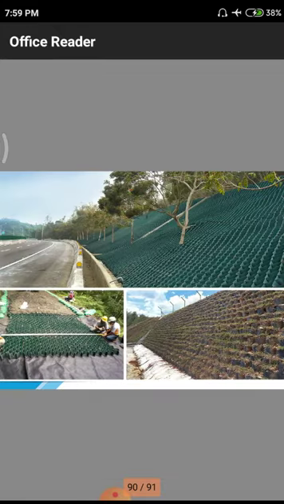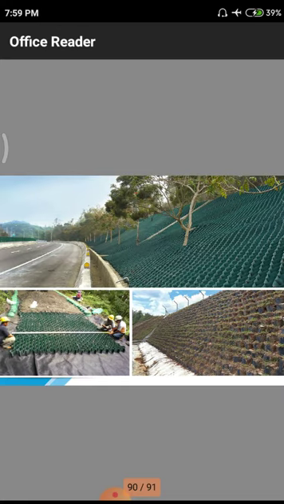These are the different things we use for the purpose of reinforced earth and slope stabilization. In reinforced earth itself, we have some slope stabilization with the help of polythene and galvanized iron and some steels. This is totally about earth retaining structures with reinforced earth.